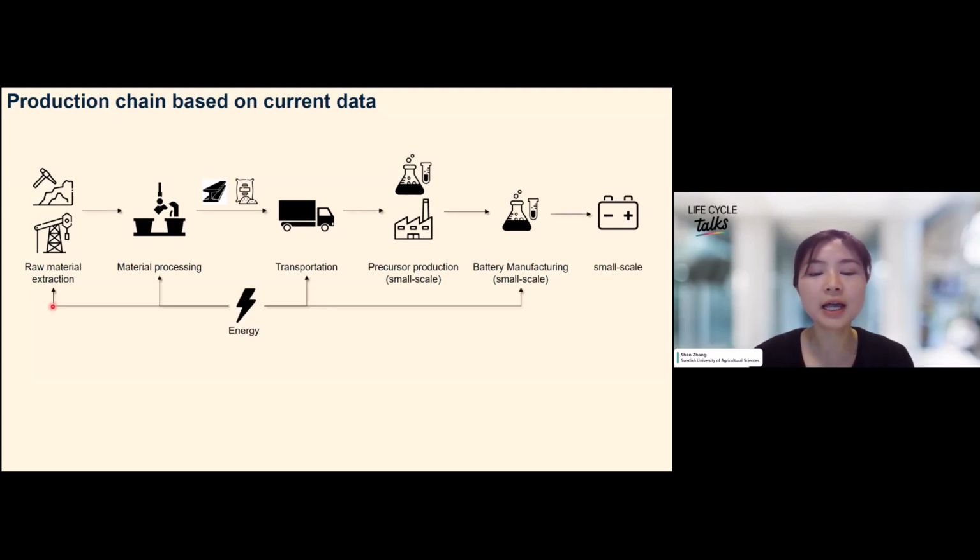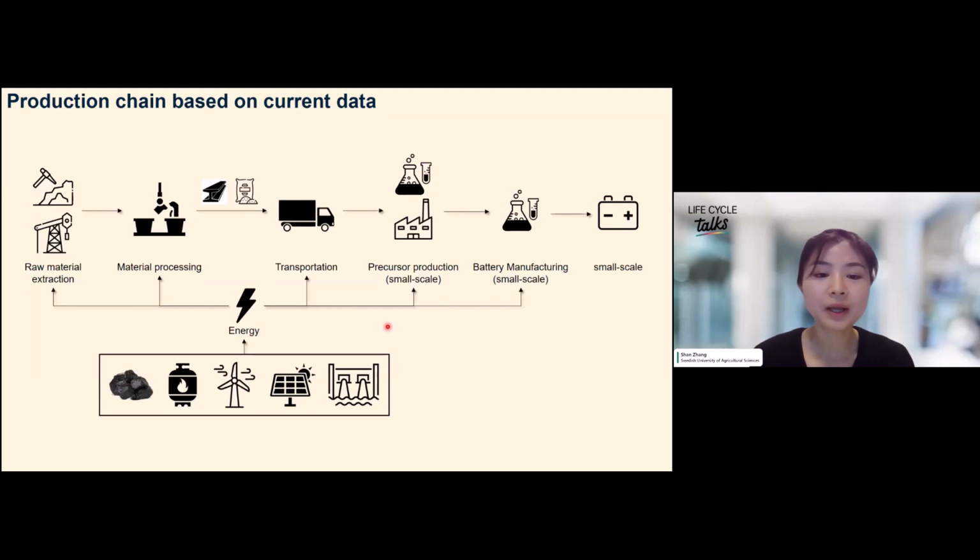Energy is required for almost all the production processes along the life cycle, sourced from a combination of fossil fuel and renewables. Given the low technology readiness level, TRL, of the emerging battery technologies,